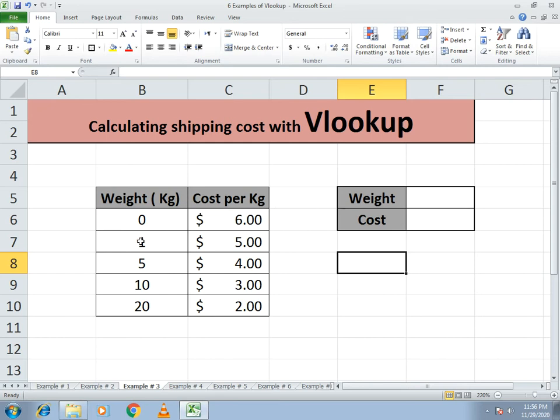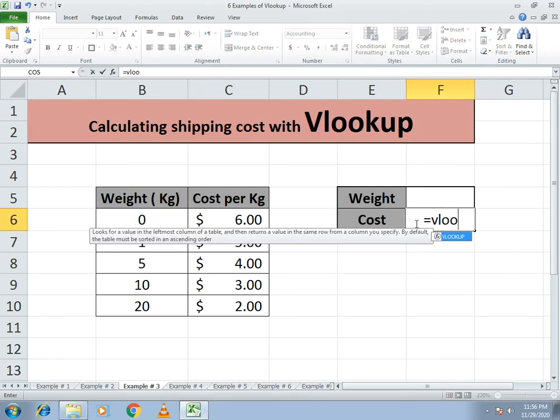If the weight is greater than 1 and below 5, then it will give the cost of $5 per kg. So this is the criteria, and you have to just calculate the cost of total weight. So how will you calculate? You have to just write equals VLOOKUP,